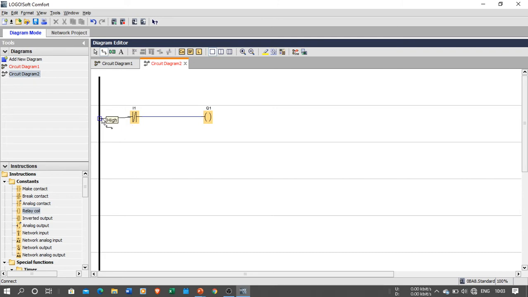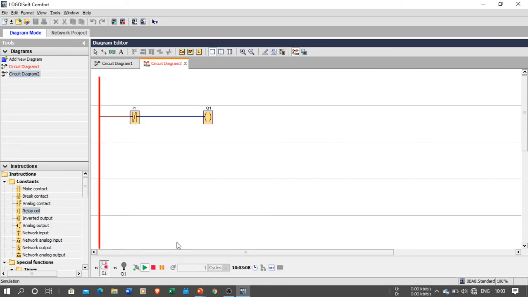What happens if I start the simulation over here? When my switch is on, the output is 0. You can check: switch is on means 1, output is 0. When the switch is off, its value is 0, and the output is 1.